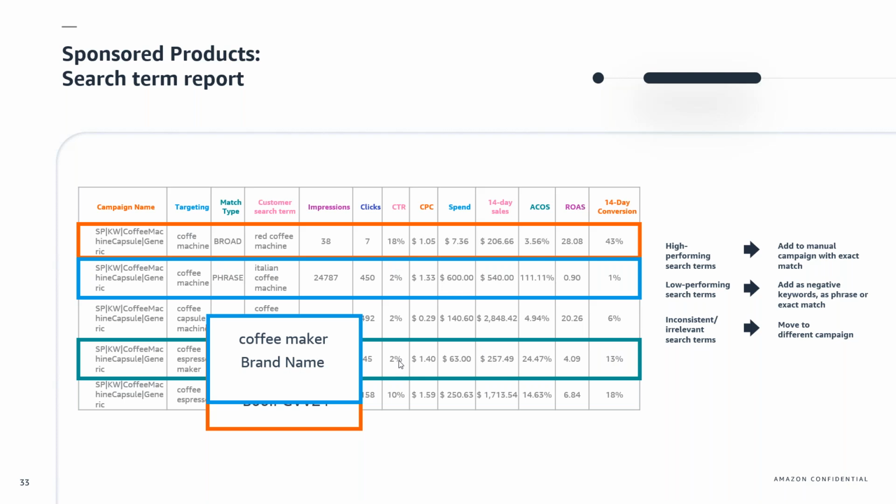The reason we want to focus on the search term report is that, number one, we can actually see what kind of customer search terms are appearing for your brands and products. For example, if you see this table, this seller is actually selling coffee machine capsules, and the keyword that